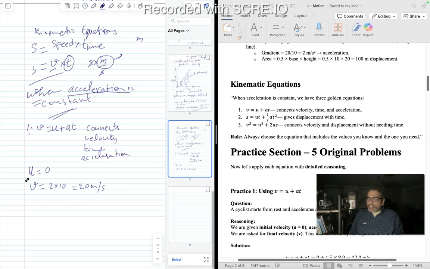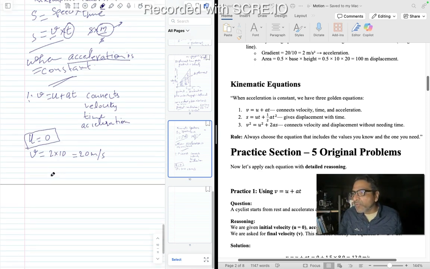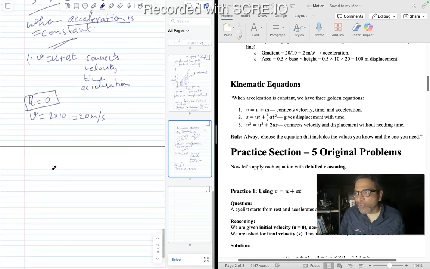You have to make sure what the question is asking, and why we have taken u equals to 0. It always says from steady, or it will mention 0 to some final velocity kind of thing. Stationary, steady, from rest, you can say. So these will always be the terms that we are looking for while solving these questions. Okay. Now the second one is